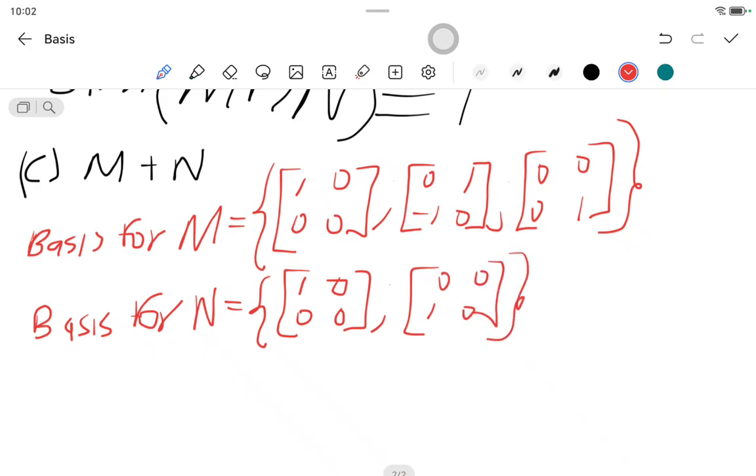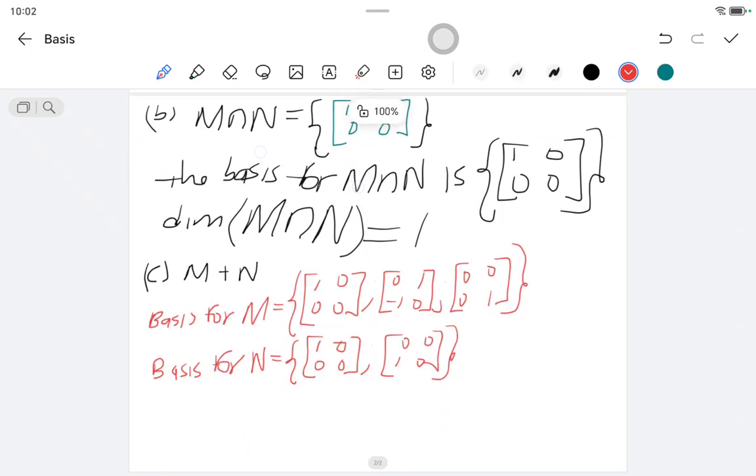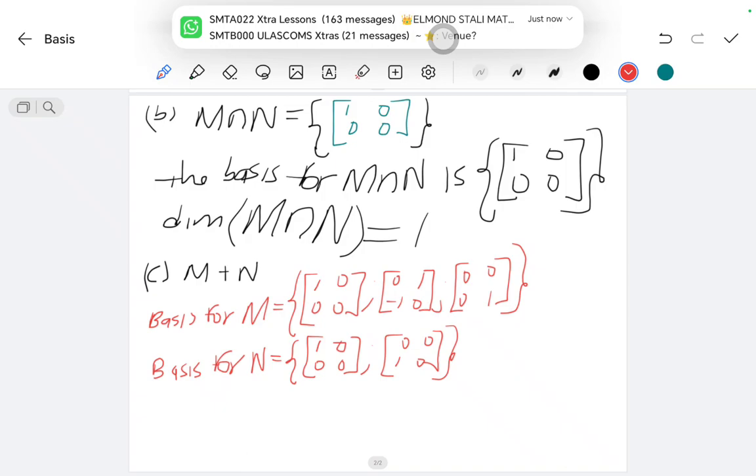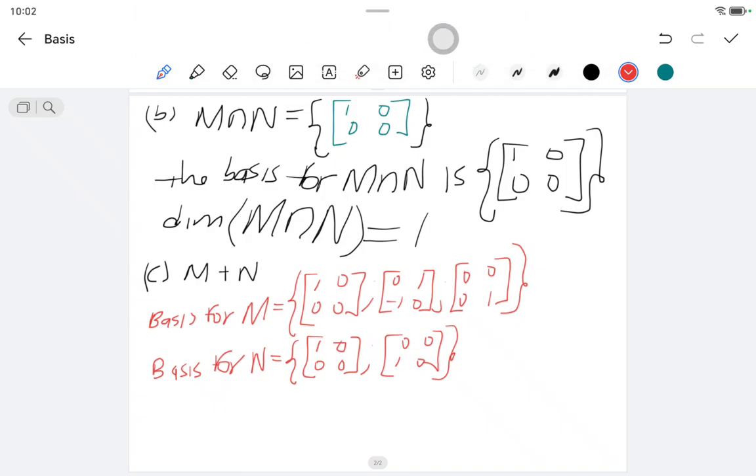If I'm not mistaken, I'll go back and check. Yeah, which is correct. So remember we had this, right? We had the basis for this. So now we had the basis for M, the basis for N, right? So now if we want to check for the basis,